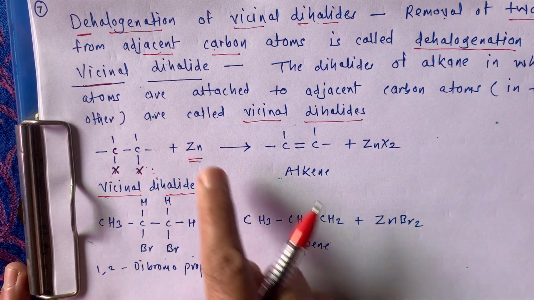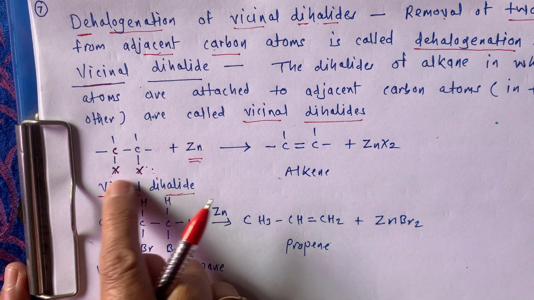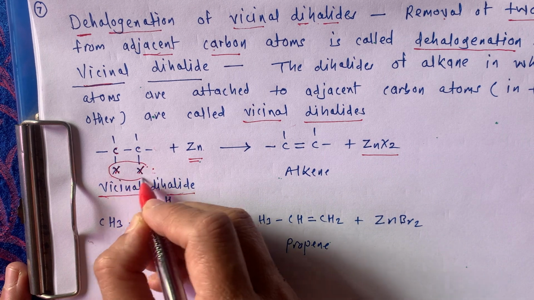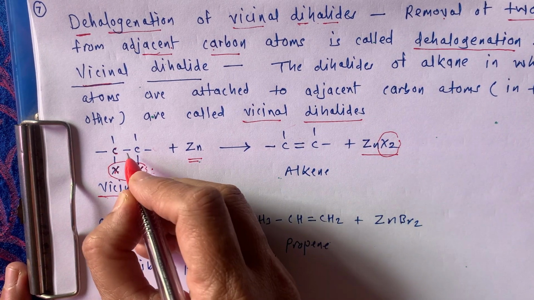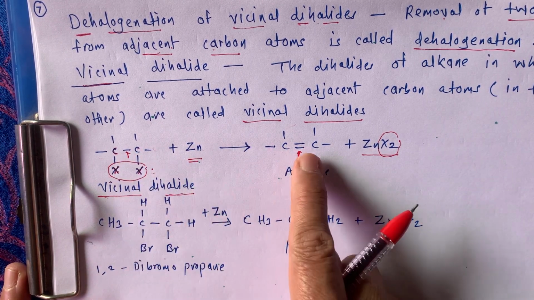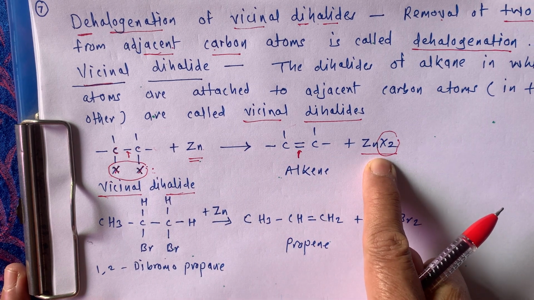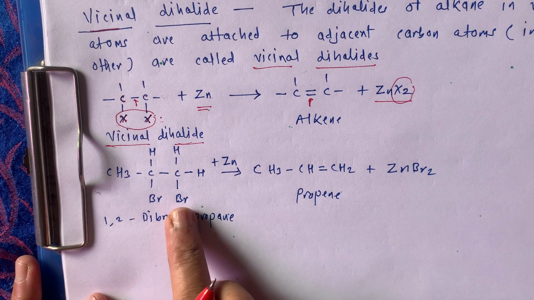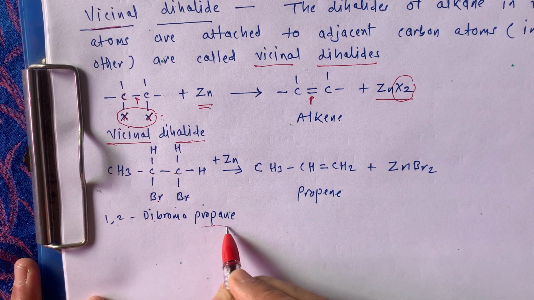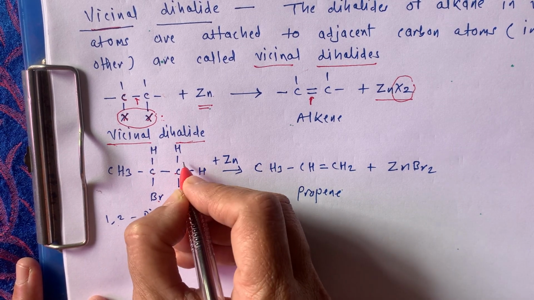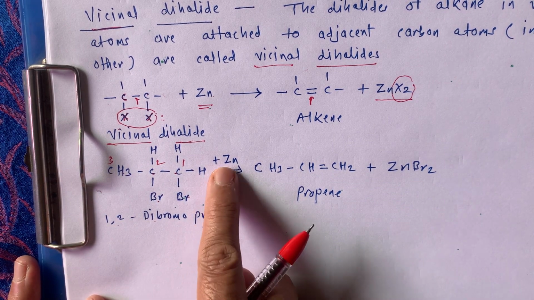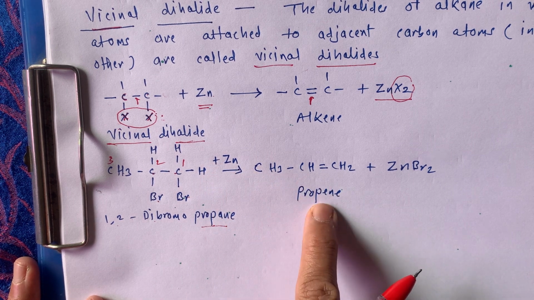reactant, we have to use zinc metal. Zinc metal is going to react with these two halogen atoms and remove them from here. These two halogens are removed like this, and this single bond is converted into a double bond, and the byproduct is ZnX2. For example, this is our 1,2-dibromopropane, 1, 2, 3, so this is propane. Okay, so we have to number here 1, 2, 3 like this. That's why this 1,2-dibromopropane reacting with zinc metal is converted into propene.